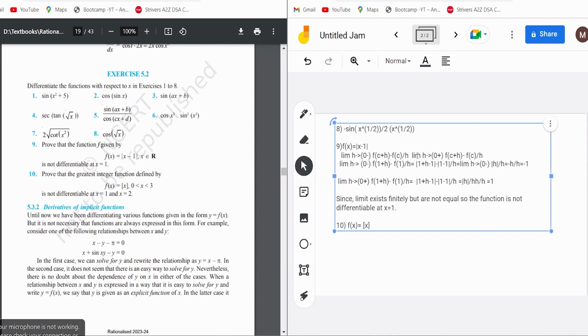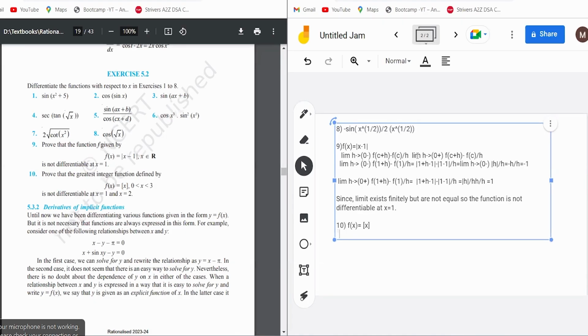तो अपन ने देखा था कल भी, जब अपन लोग कंटिन्यूटी पढ़ रहे थे, कि ग्रेटेस्ट इंटीजर फंक्शन जो होता है वो इंटीजर्स पर डिसकंटिन्यूस हो जाता है। तो जहाँ पे फंक्शन डिसकंटिन्यूस है वहाँ पे तो फंक्शन अपने आप नॉट डिफरेंशिएबल है। तो अपन तो इसमें ऐसे भी कर सकते हैं, लेकिन क्योंकि अपन लोग डिफरेंशिएबिलिटी पढ़ रहे हैं तो अपन लोग को उसको डिफरेंशिएबिलिटी के तरीके से करना पड़ेगा। तो अपने को जो दो पॉइंट बोले अपन दोनों पॉइंट पे चेक कर लेते हैं।